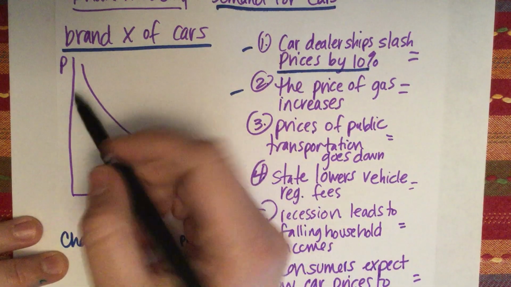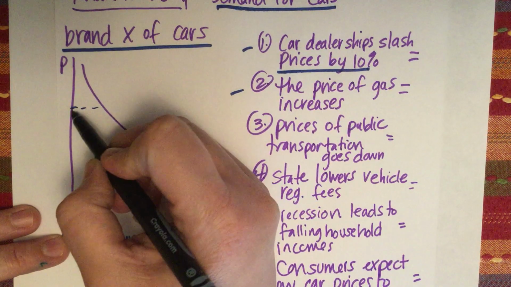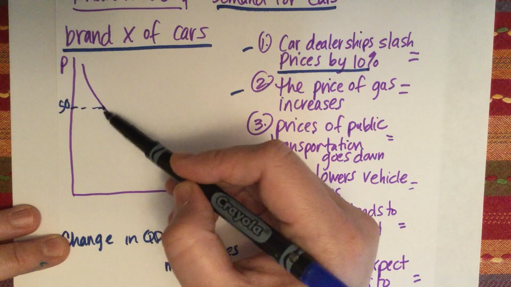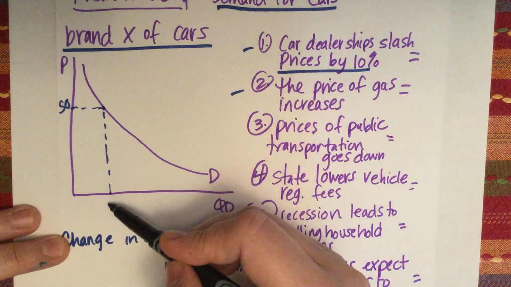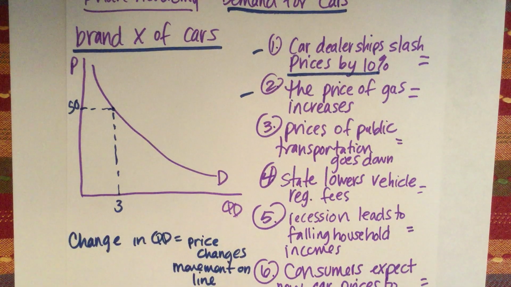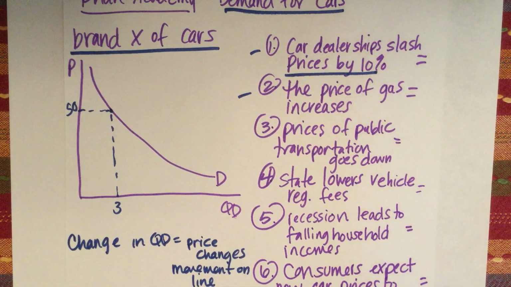So we're going to basically buy more. Let's say that at this point on the line, this was the price. I don't know, we'll say like $50,000 that they're slashing them. We're purchasing, I don't know, 3 cars at that price. We'll say that this is the market demand curve, which means everybody in the market for that car, not just one person. I'm not going to buy 3 cars at $50,000.